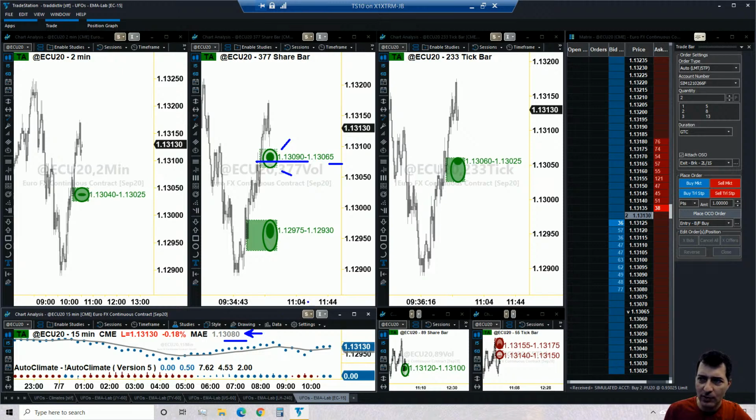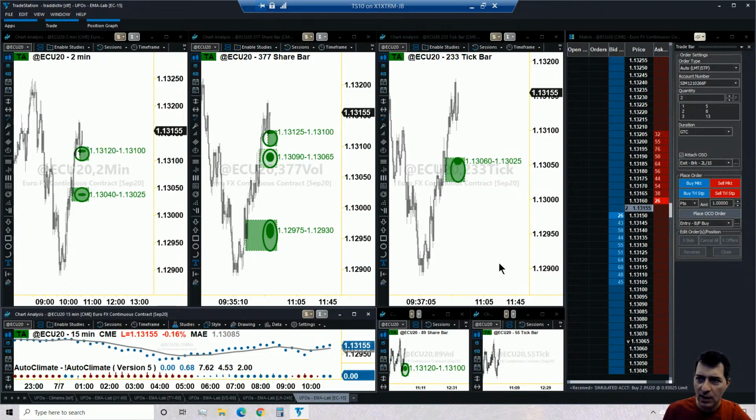I am really not sure about that, especially given the fact that the Euro is currently trading at 13.13. So if the Euro goes down, down, down, the EMA will go down. And if the EMA is below 6.5, then we don't have a trade. So I need to look at this more in depth, because I also notice that the UFO on the right may be in better position for this trade to be executed, because it could be 6.5 or 7 here on the top. So I want to take a look at all of this.